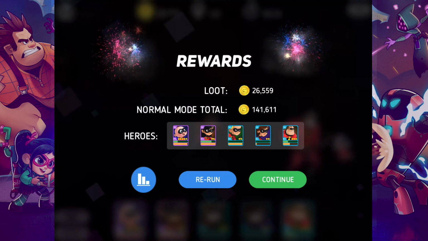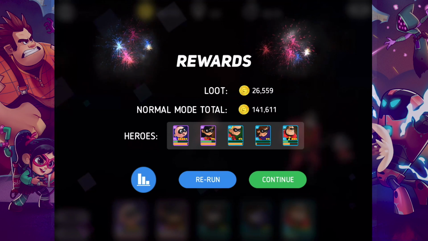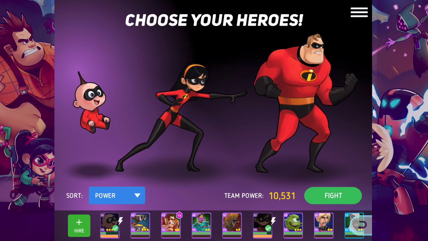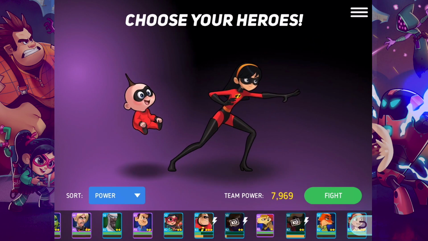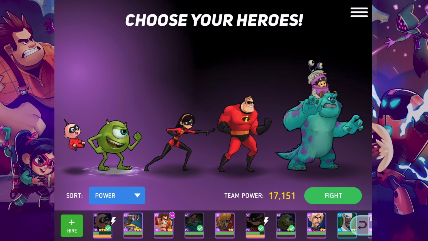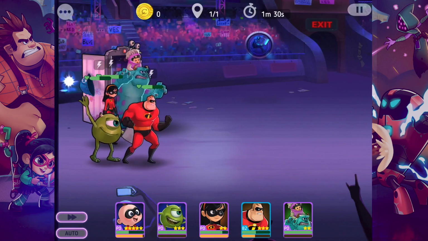Although I just won, I lost the better part of the group, which is a little bit of a bummer. So when I go to fight the next group, I lost the 2 weakest ones, I should say. So what I'll do is I will drop Mr. Incredible back in, and I'll drop Mike and Sully in. Now it's fun because these are